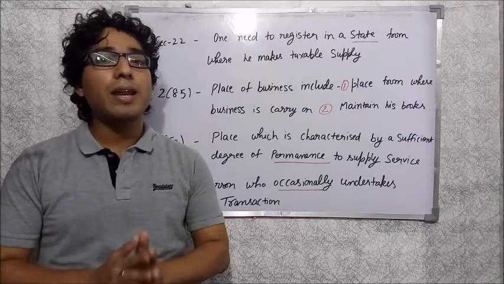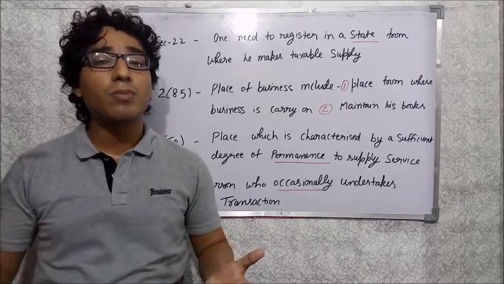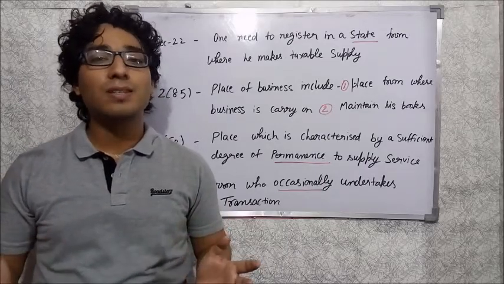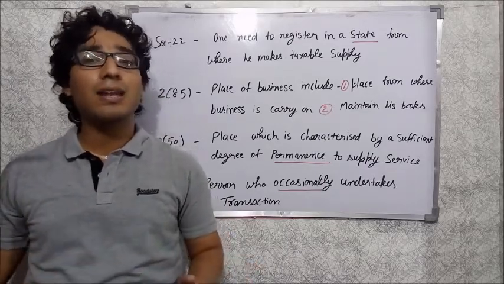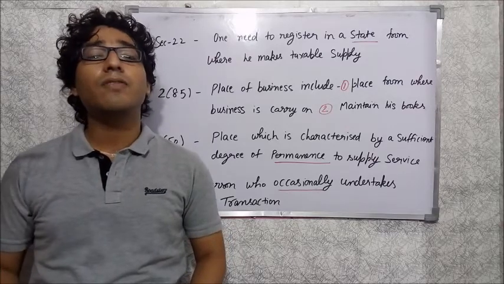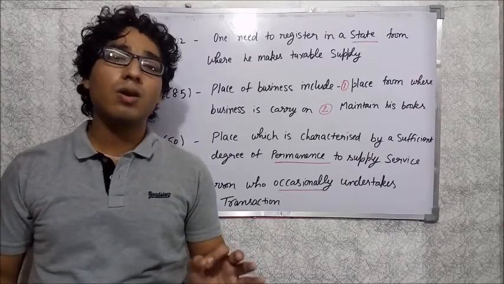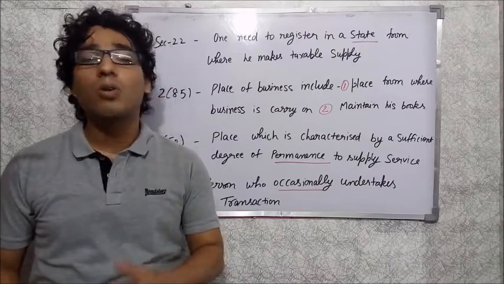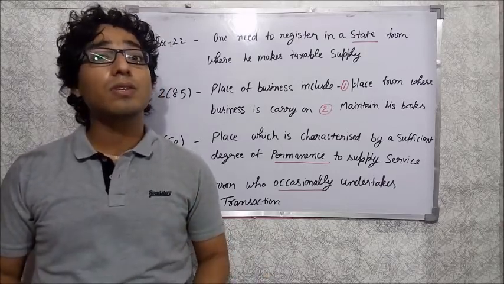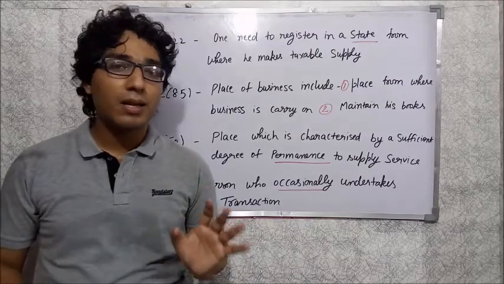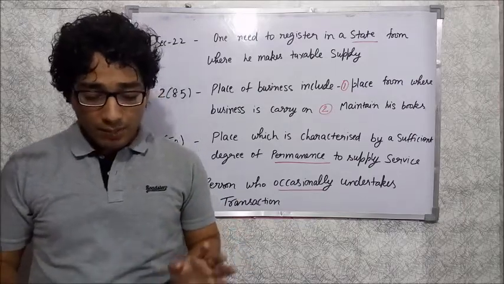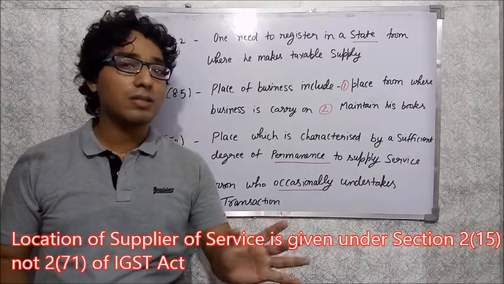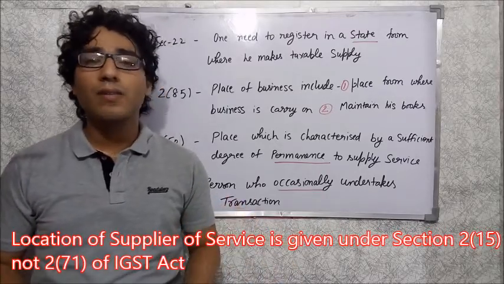So to determine from where the service is provided, we have to check the location of supplier of services, which is given under the IGST Act. Under IGST there is a definition of location of supplier of service, only for service, because in case of goods the location can be easily found, but in case of a service it is really a big task. So Section 2 subsection 71 of the IGST Act, not the CGST but the IGST Act, gives us the definition